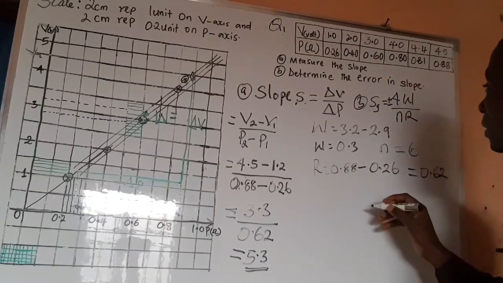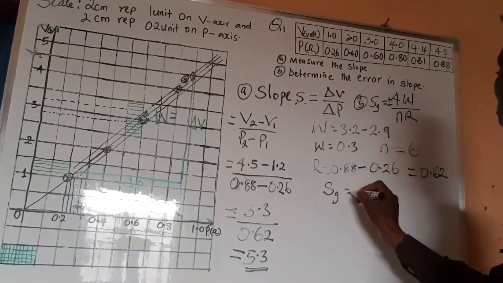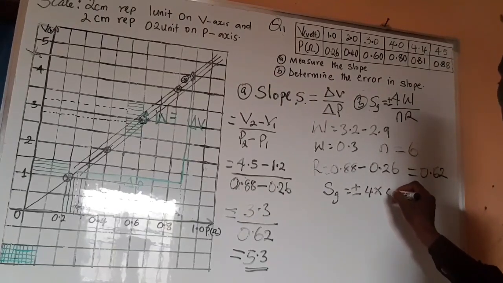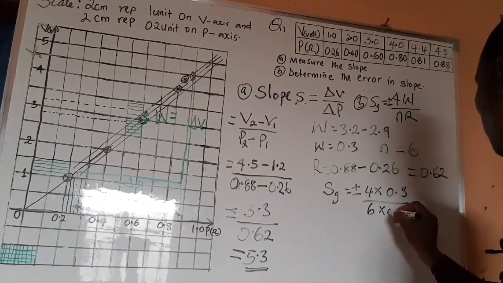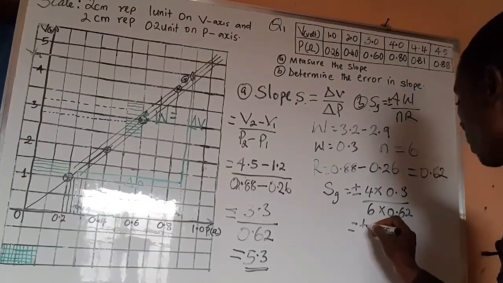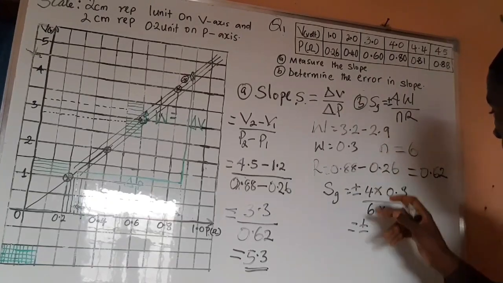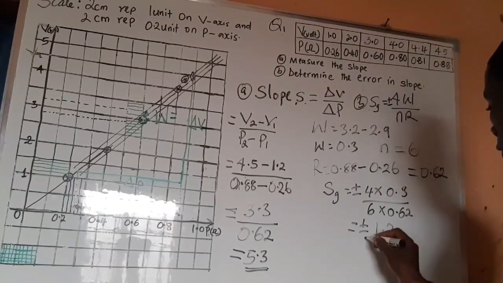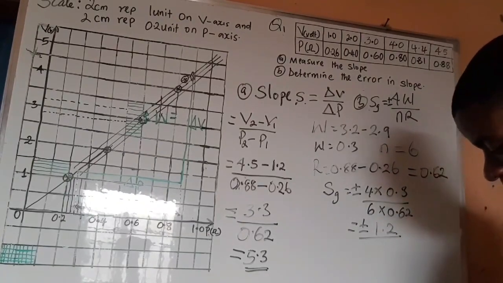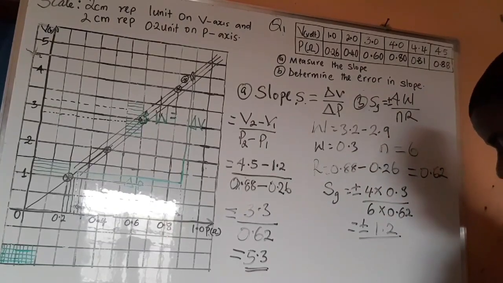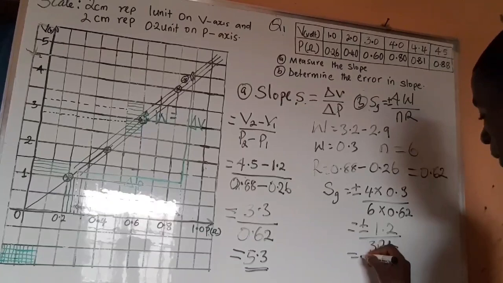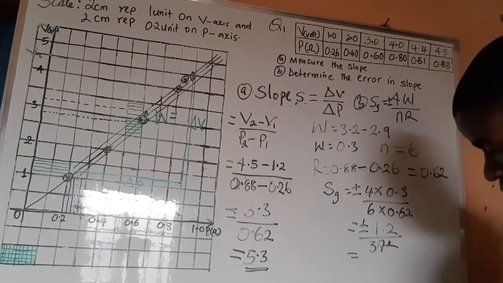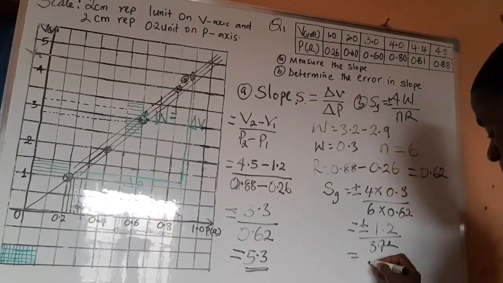So we have obtained all these parameters. So we can just come down and say that our SG is equal to plus or minus 4 times 0.3 all over 6 times 0.62. Okay, equality sign plus or minus. So from there, 4 times 0.3 is going to give us 1.2 all over 6 multiplied by 0.62, which gives us 3.72. Now when you divide 1.2 by 3.72, you have your